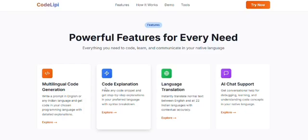If you don't understand, you can paste the code from here into here and then you go. Then language translation. Instantly translate normal text between English and all 22 Indian languages with contextual accuracy. AI chat support. As I told earlier, get conversational help for debugging, learning, and understanding code concepts in your native